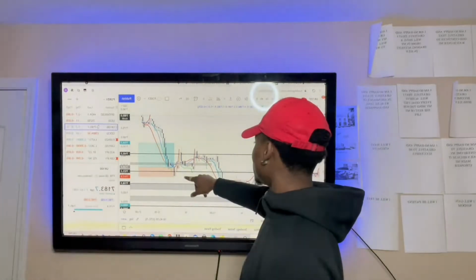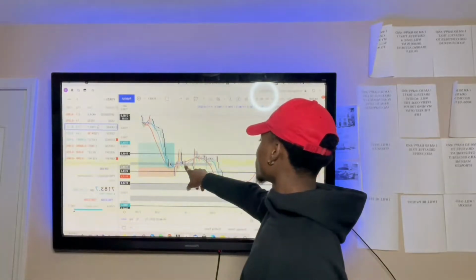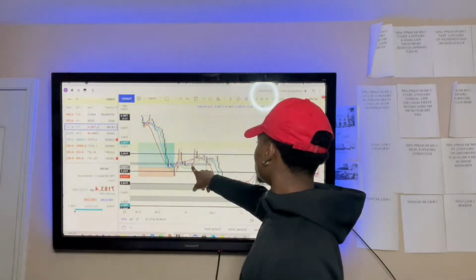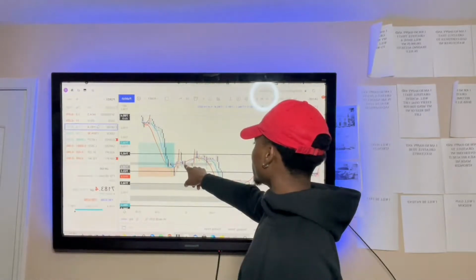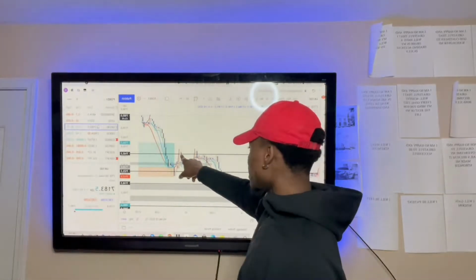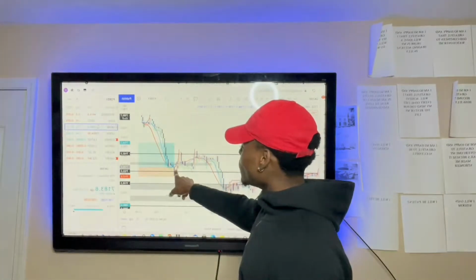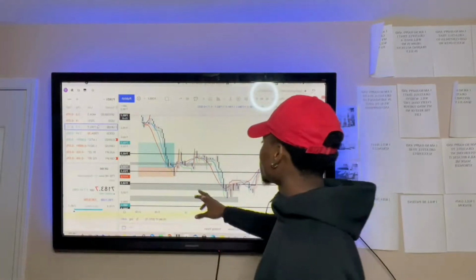That was what was that around? I think that was around this point. I want to say it was around this point right here. So it did go up, and then it went way lower than my demand area. So when I was watching this trade,